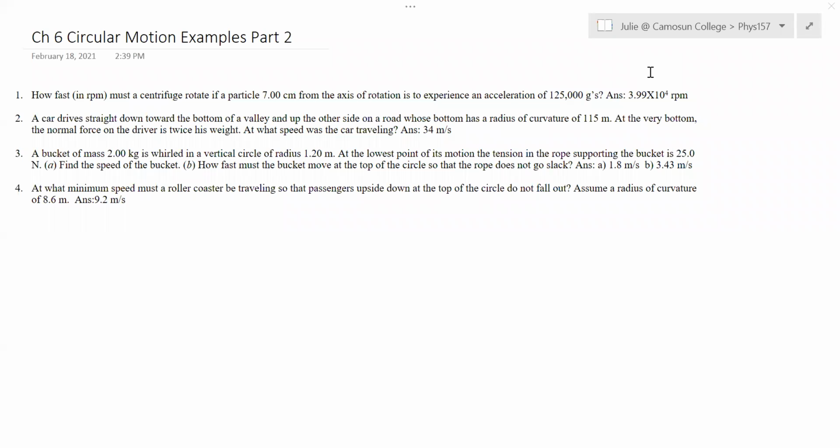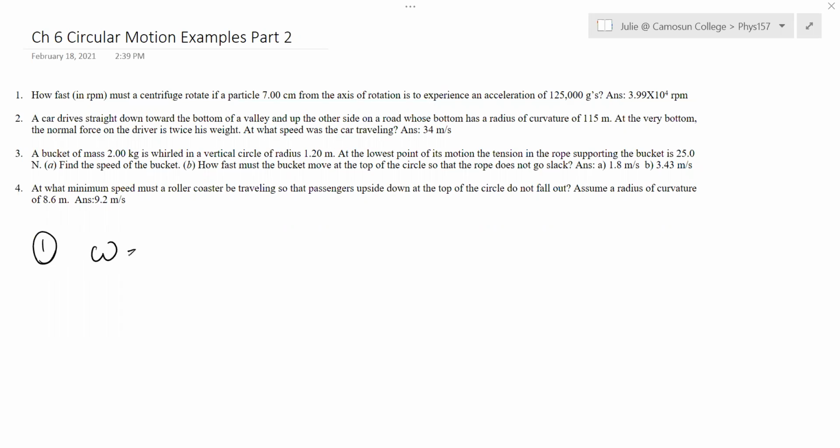I have some more examples here from chapter 6 on circular motion. So the first one talks about a speed in RPM. So I just want to define what that quantity is and how you use it in these problems. So for number 1,